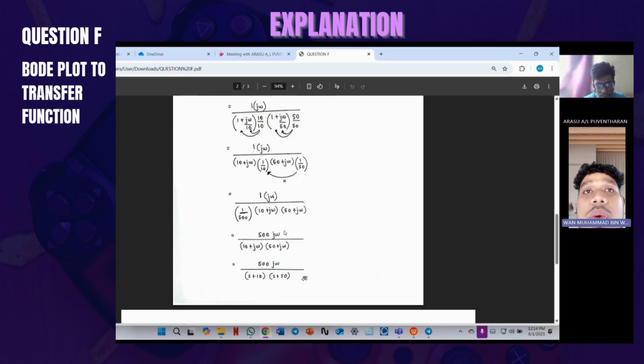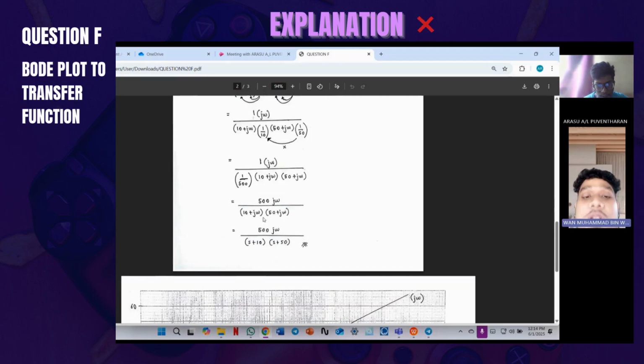Then we transfer the 1 over 500 from the denominator to the numerator at the front. So we get 500 j omega over (10 plus j omega)